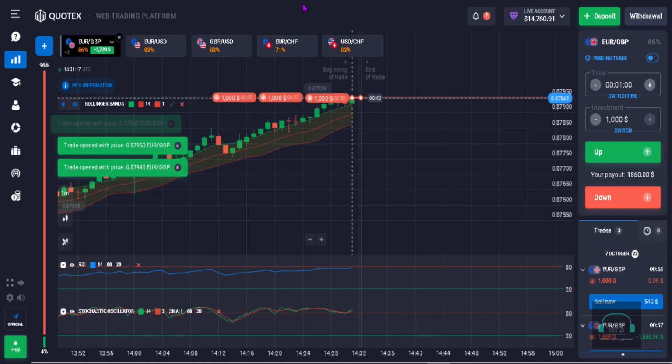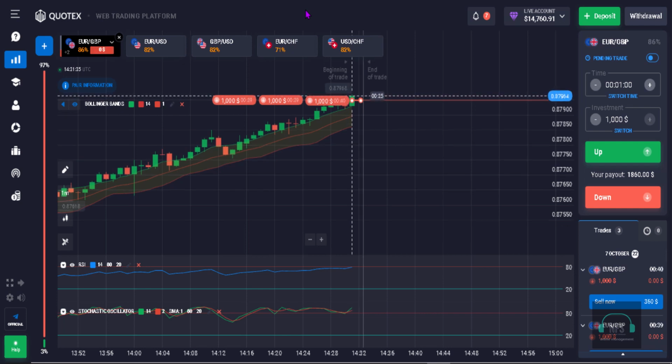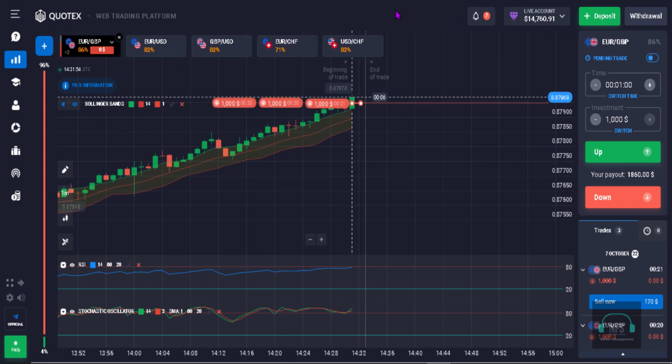Now three $1,000 trades placed right now in this moment, because as you can see the price pumped up a bit more and we are in this overbought condition here of the market, so the price should bounce back from a moment to another. As you can see, still here is going up, so we will be waiting for the best moment when we will place another gun machine trades, as I like to say, $1,000 trade.